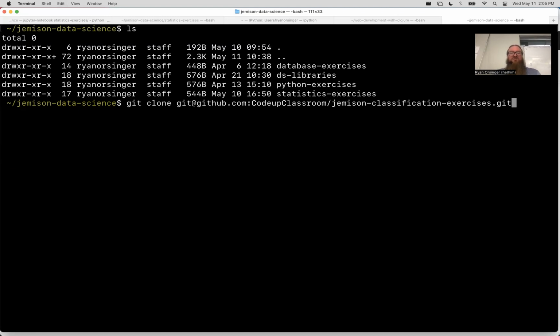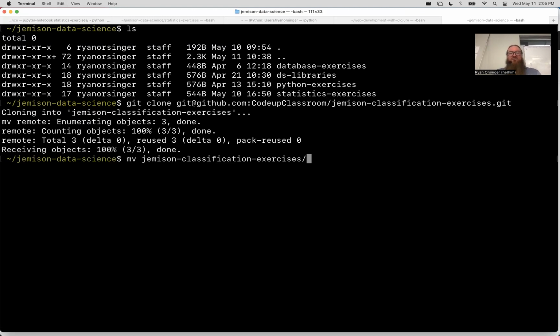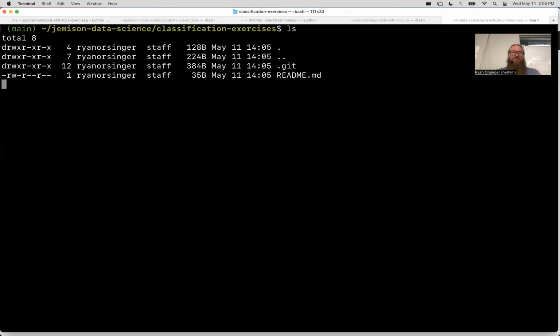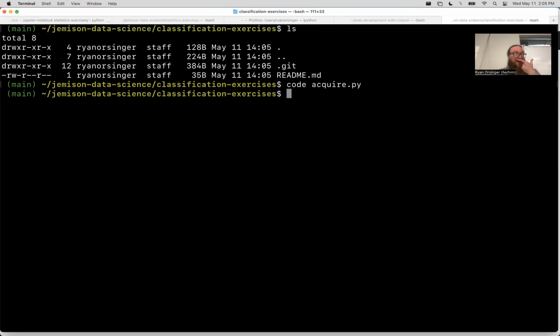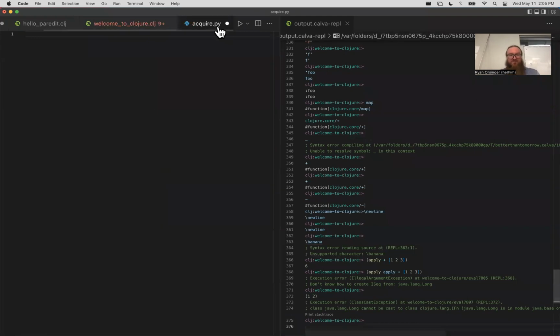What I'm going to do is clone this, and then I'm going to rename it, not Jemison classification exercises, but just classification exercises. And we'll change directories in that. So there's nothing here. Let's get something here. I'm going to open up VS Code and make a file called acquire.py. So what I'm going to demo for y'all